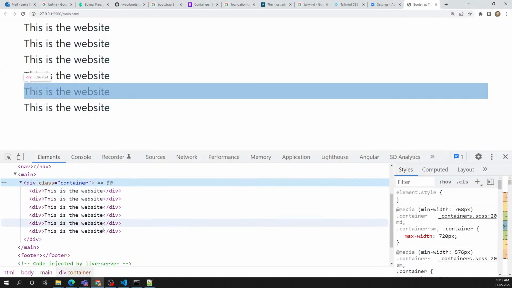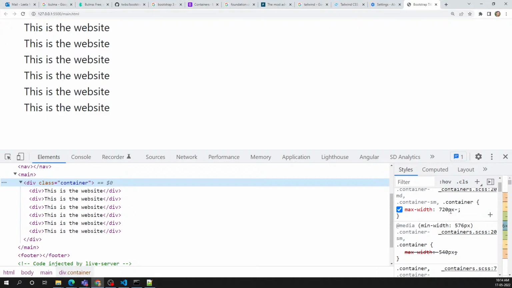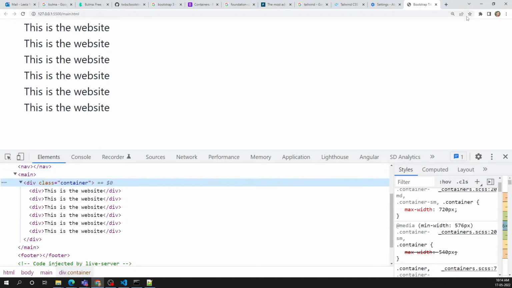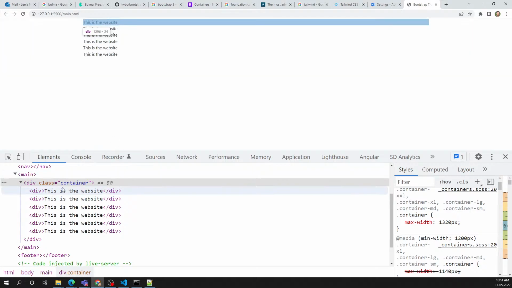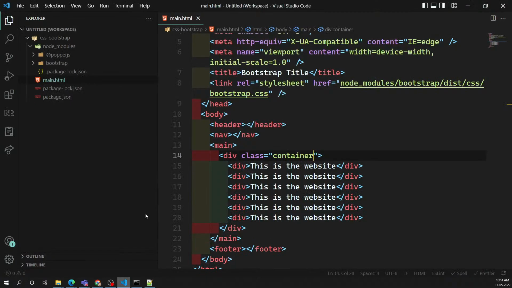So this is the container we are having. Automatically when you use this container, a max width of 720 pixels has been applied, so it will take a space of 720 pixels. Now if I remove the zooming, since I had applied zooming, you can see that they have given a lot of padding. What is the reason for this? My total resolution of this width is, let's say